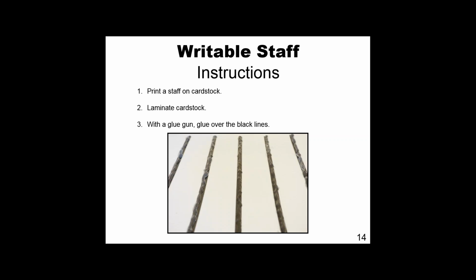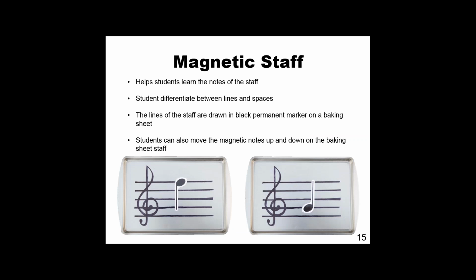So far we have seen 2 examples to help us with pitch. This next example helps us with pitch, and it's very specific, but I found that the students really liked this example. This is our magnetic staff, and it helps the students not just learn high and low, but it's helping them learn specific notes of the staff. Once again, it's helping us differentiate between our lines and our spaces. Although in this example, I did not glue like I did in the previous 2. I did something a little different.